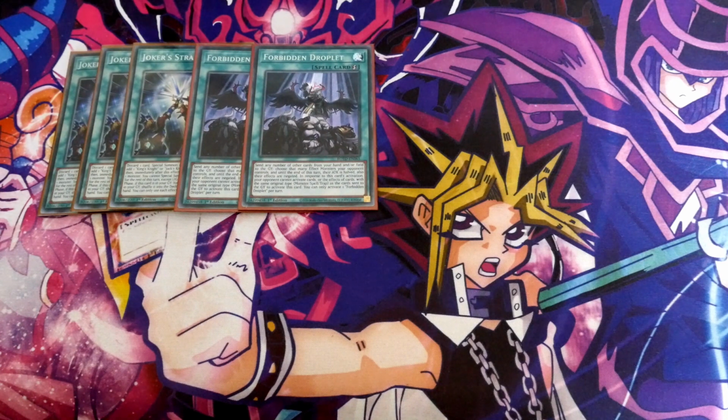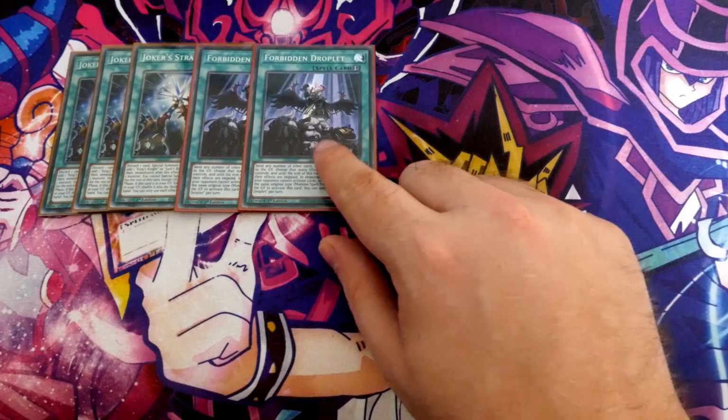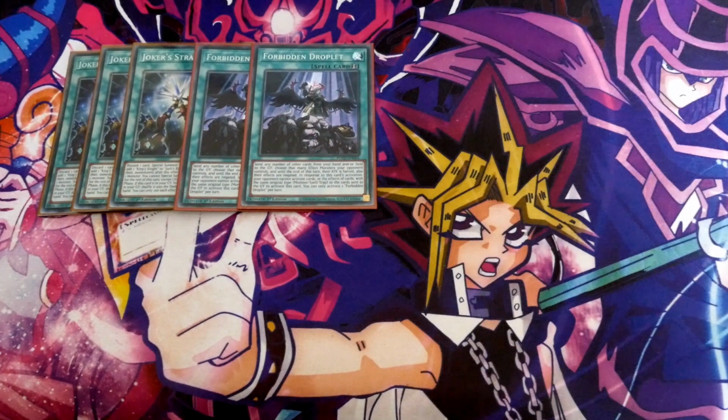So stuff like your Codebreaker monster, your Boots or your Cloak, all of that stuff you can put into the graveyard, negate your opponent's board, and then play from there. So not only is it a good go first card, but it is also a good go second card. If you don't have access to Forbidden Droplets, your other options will be Dark Ruler No More and, of course,